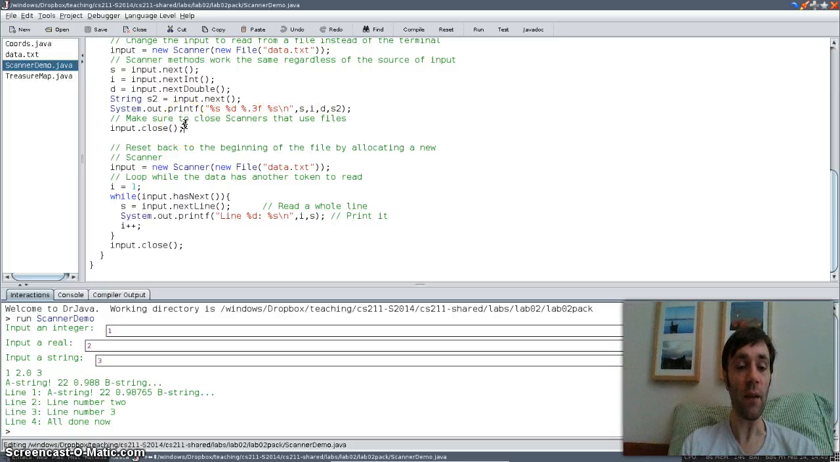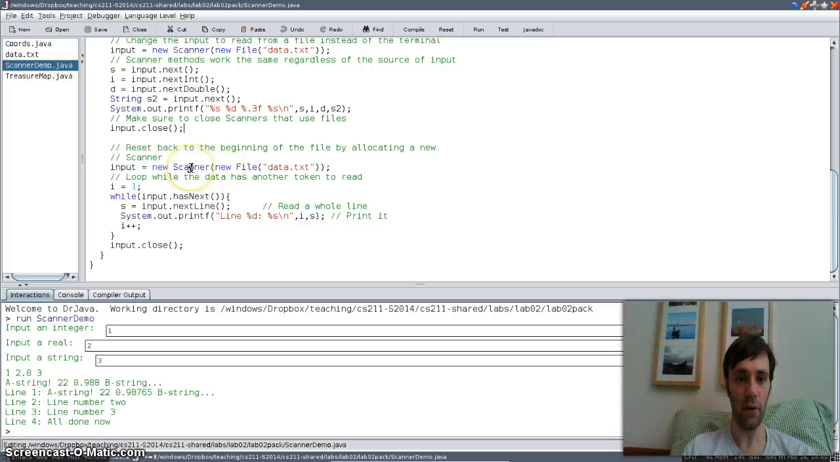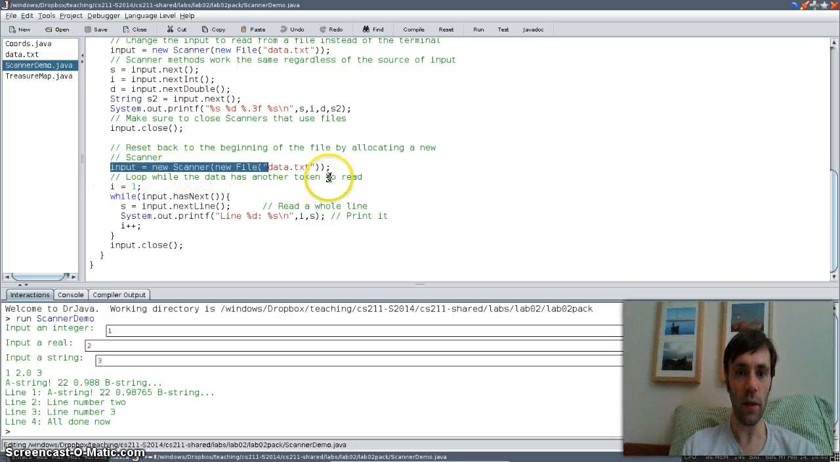input. And when you want to reset back to the beginning of a file, the easiest way to do this with scanners and input files is just to recreate the scanner, which will move the reading position for our input way back to the beginning of the file. So this will, in effect, reset back to the beginning of the file and start reading from the beginning again,